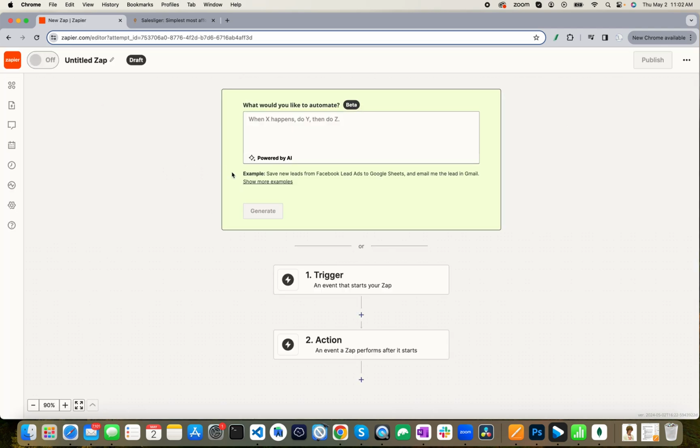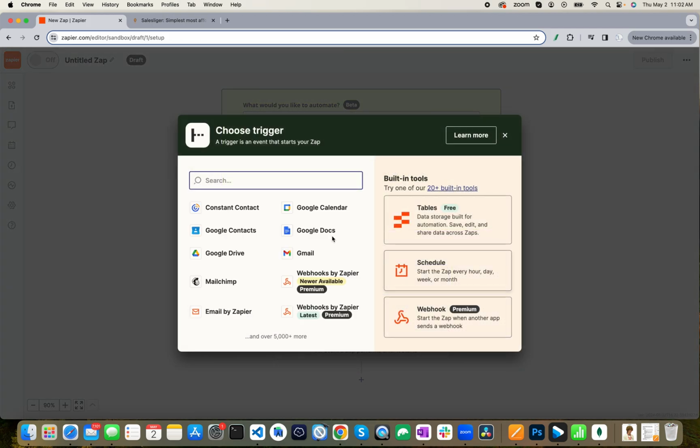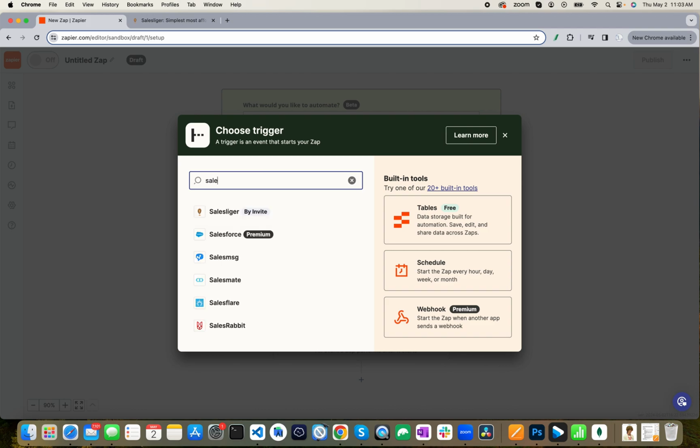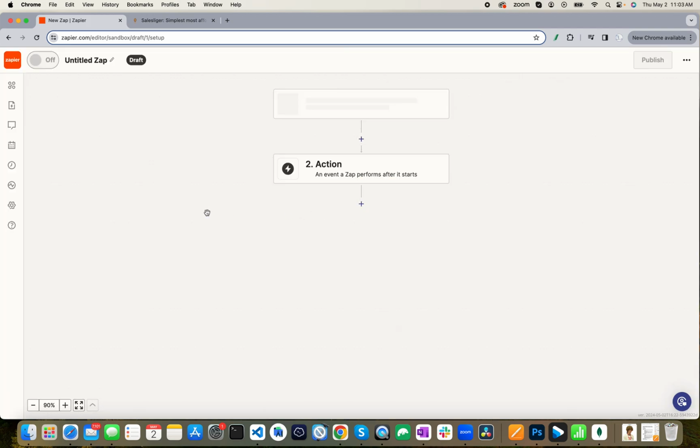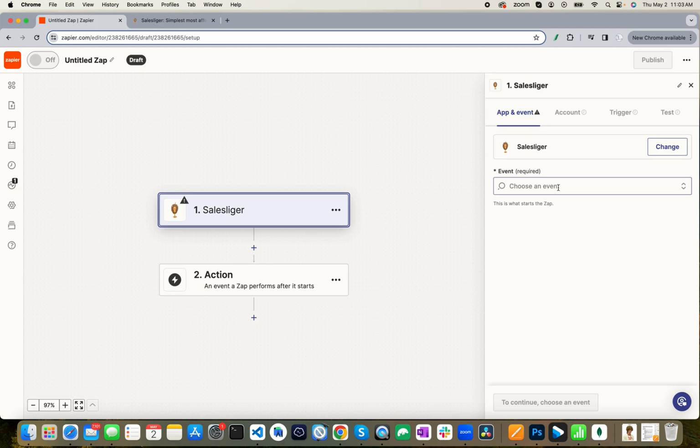So you're going to click on that, and then you're going to make your trigger here. Click on that, and you'll search for Sales Liger. And this will be live very shortly, but right now it's just in the beta phase. Now once you go here, you're going to click the event. Right now what we've got is when you add a new prospect in your Sales Liger account, that will be